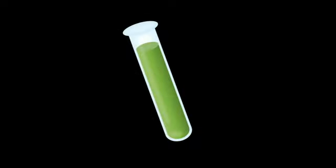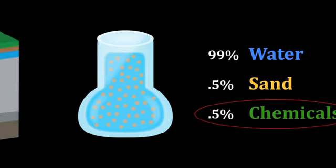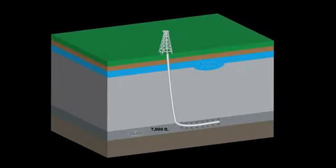A primary concern about this fracturing process is the chemicals being sent down into the well. Chemicals make up about 0.5% of the fluid being sent into the well, less than 2% of the total fluid weight. It's important to note how unlikely it would be for even a tiny bit of chemical to travel up through 6,000 feet of rock, which in some parts is as thick as granite countertop, to contaminate the fresh water